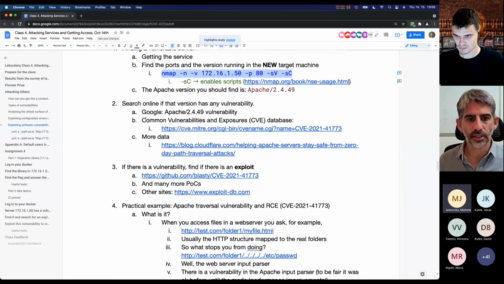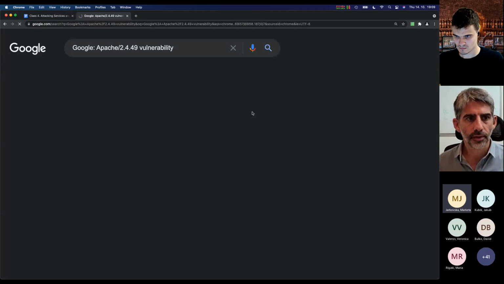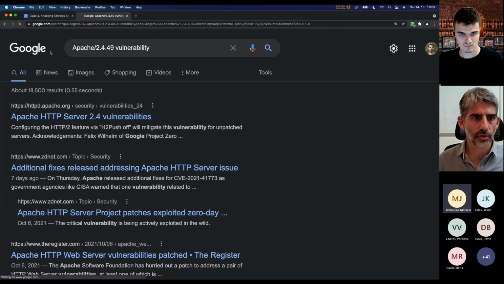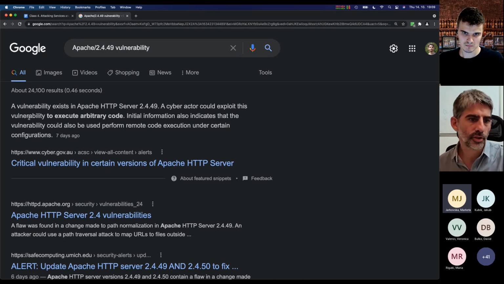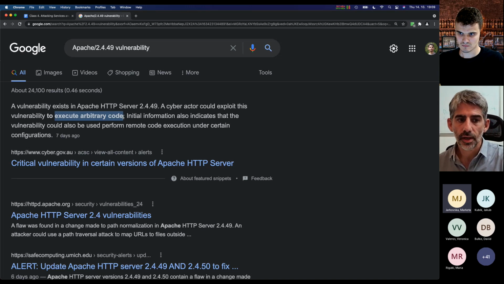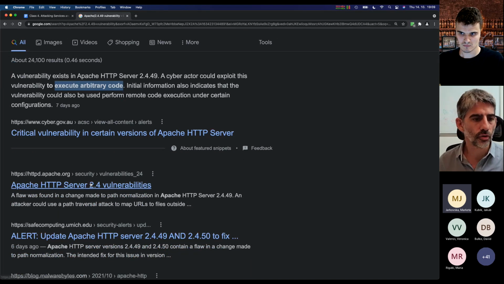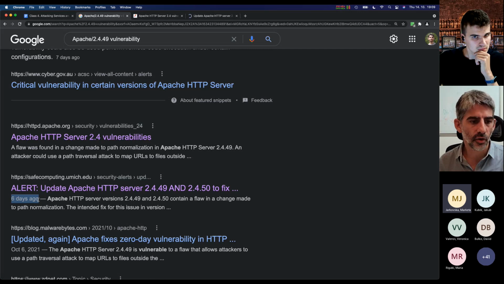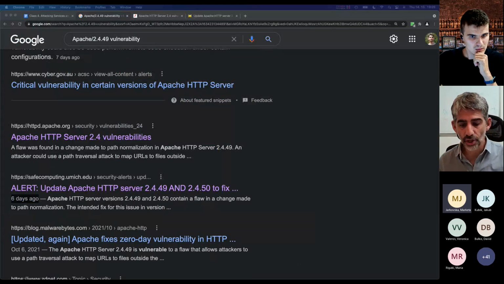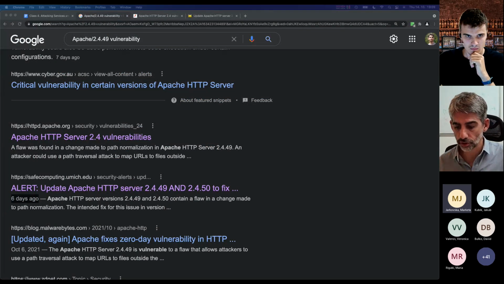search for vulnerabilities. That means that if you search for Apache vulnerability 2.4.49, you can search like that. This is going to tell you, hey, you know what? A vulnerability exists in Apache HTTP server 2.4.49. A cyber actor could exploit this vulnerability to execute arbitrary code. If you go to apache.org or something more, you will see that this alert was given 6 days ago. So I'm not sure if you heard about this vulnerability, but literally 6 days ago,